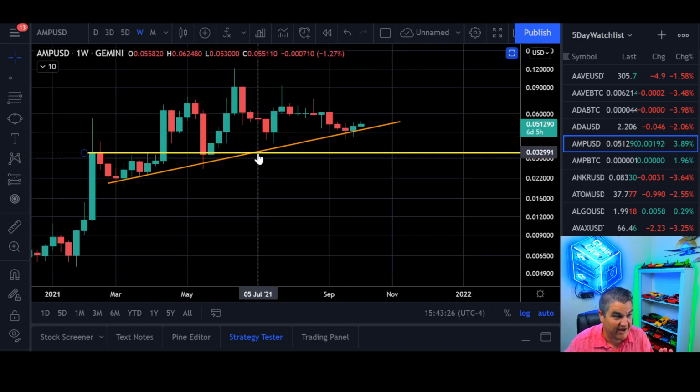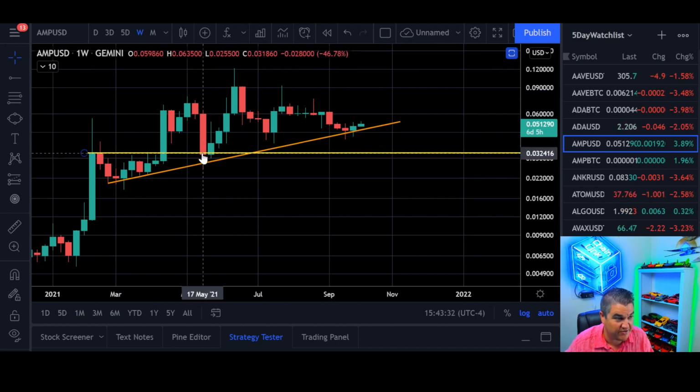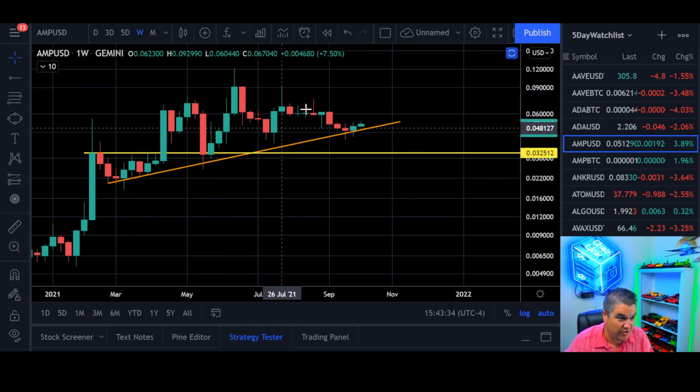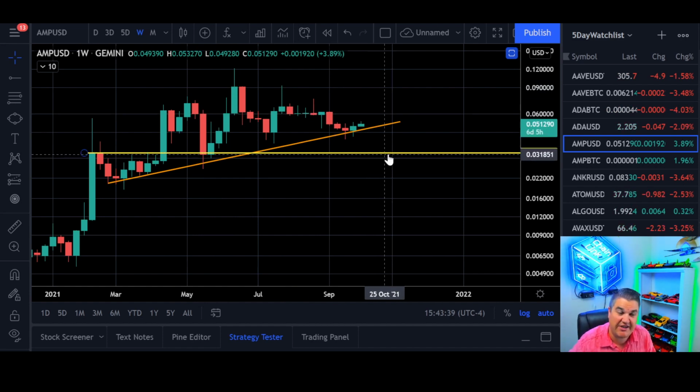Okay, but I would look for that to hold because you got your initial one, you came back up, you broke through it again, came back down, kind of tested right around that same area, and now we're trying to get some power, right? AMP is still young, so we don't have a lot of history to go on to see how it interacts with different levels. So you can go back and look at Bitcoin or Ethereum and kind of start seeing similar moves based on past moves. Sometimes those start rhyming with each other, not necessarily mirroring, but rhyming.